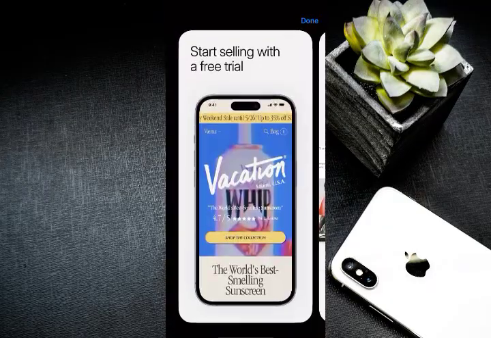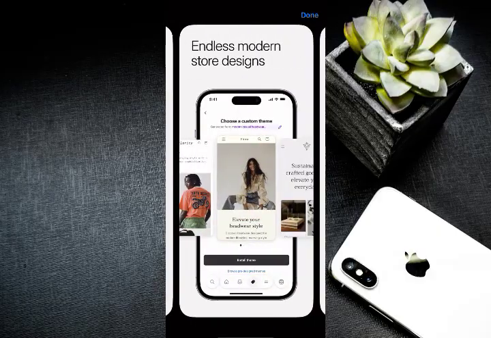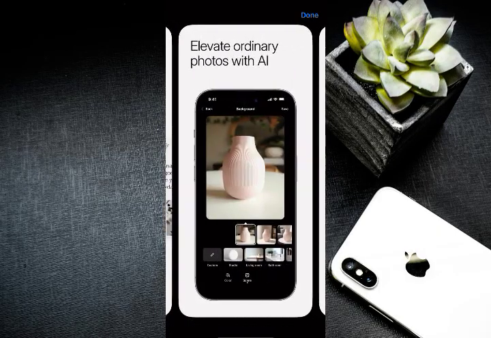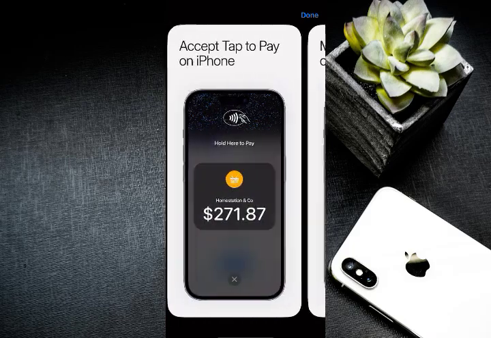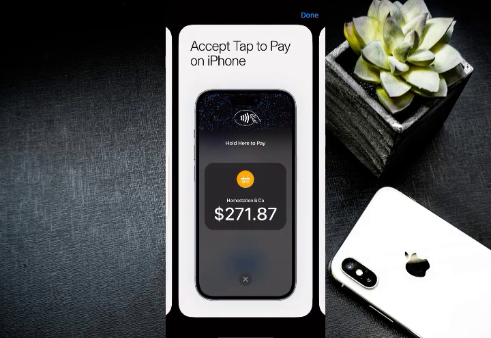From there, click on apps and sales channel. From there, Facebook and Instagram, and connect your store. This will allow you to sync your product catalog with Instagram shopping, so you can tag products in posts, reels,